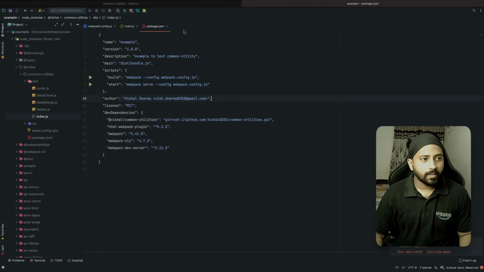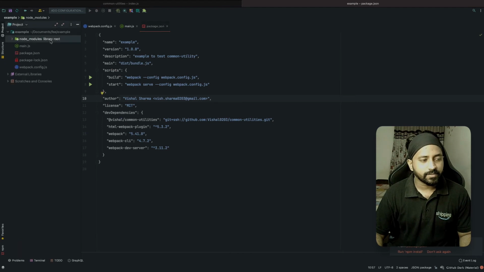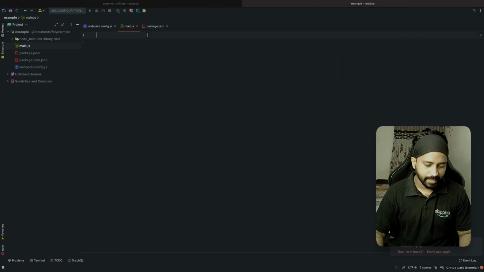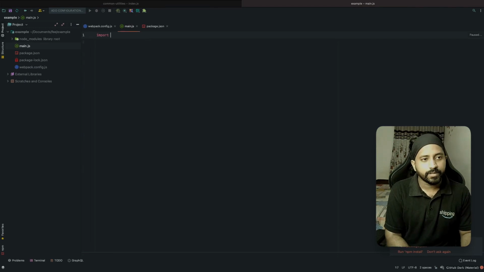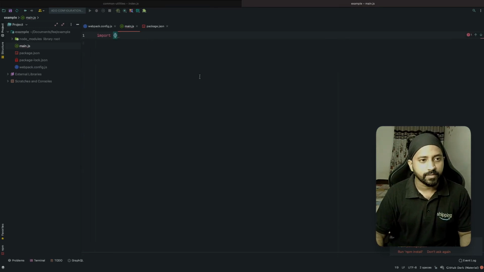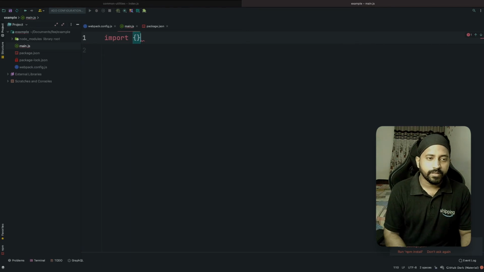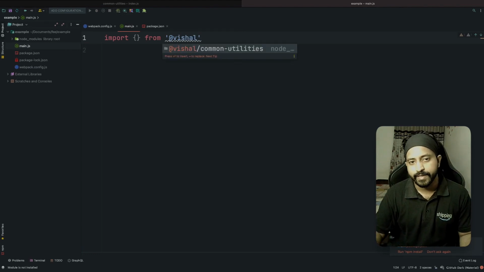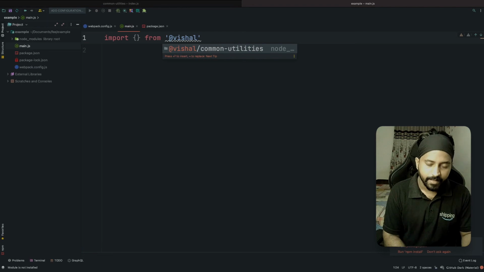Okay, so now let's try to use this library. We already have a main.js which is currently empty. So let's write import, let me increase the font size a little, import from, let's type in my repository. You can see that the IDE is now automatically detecting my package.